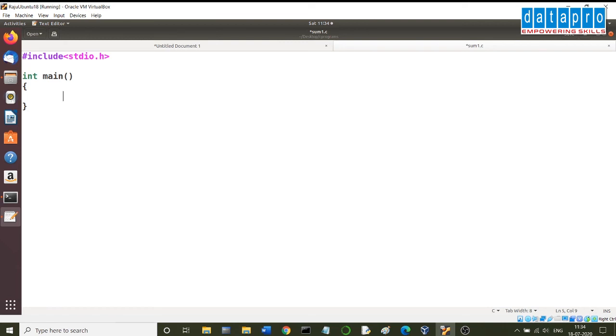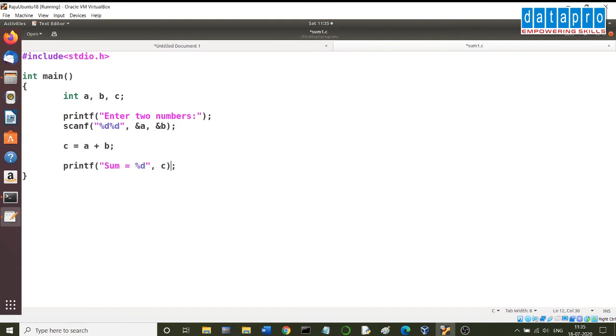I assume you already know all these things. int a, b, c; printf enter two numbers, then scanf %d %d, address of a, address of b, then c = a + b, then printf the sum is equal to %d, c, followed by a backslash n. So we are done with editing the program.